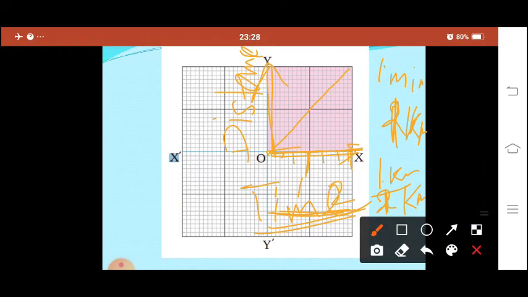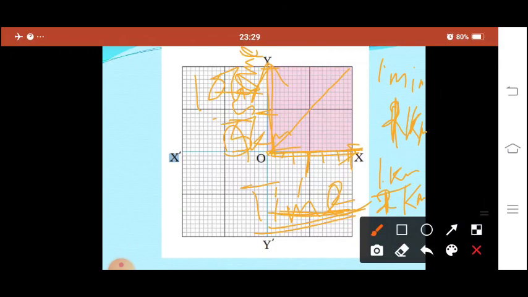Here, distance also we have to see how many kilometers. Maybe it is traveling more, then you have to choose a larger scale. Each point you can say 5 kilometers, then 10 kilometers. So you have to choose how much one box will be, and that is the scale for that graph. This is most important, first to choose the scale. After that you have to distribute the data and plot the graph.